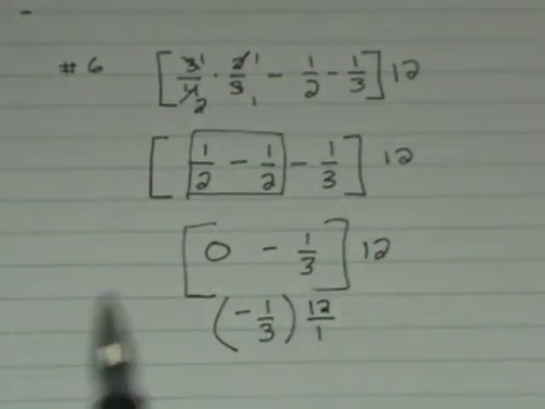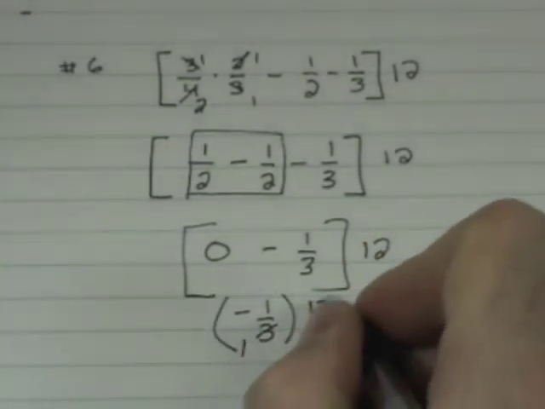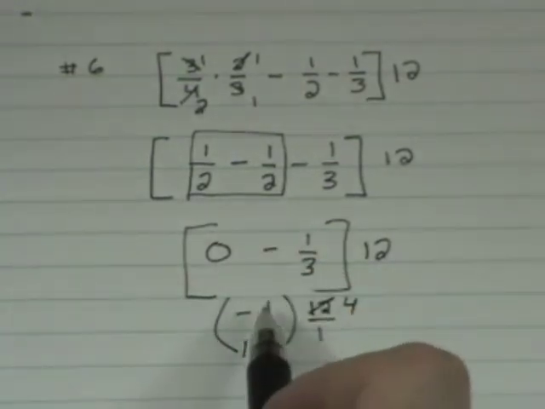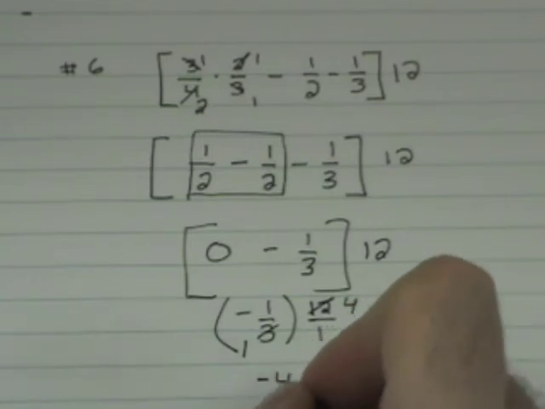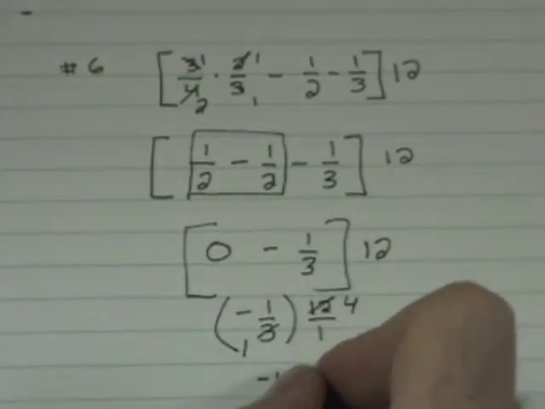And since it is multiplication, it's time to reduce or cancel. I look for that opportunity. I do see that the 3 will reduce to a 1, and the 12 reduces to a 4. Now I do my simple multiplication. Negative 1 times 4 is negative 4. 1 times 1, of course, is 1. So this would be negative 4 over 1, which written in the simplest form is negative 4.